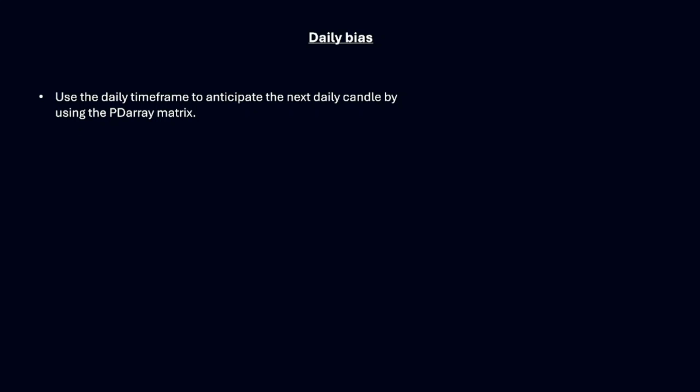You're trying to get enough information to determine the next daily candle. Pairing those time frames together is very important, and going further, when I'm doing daily bias, I will show you